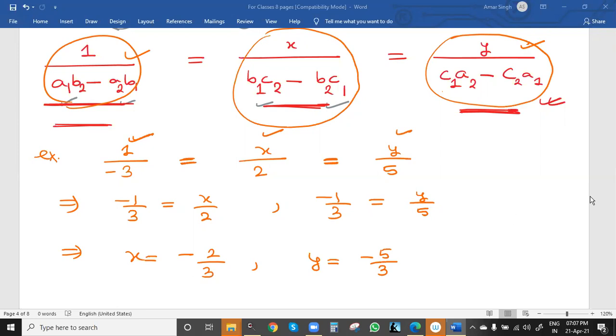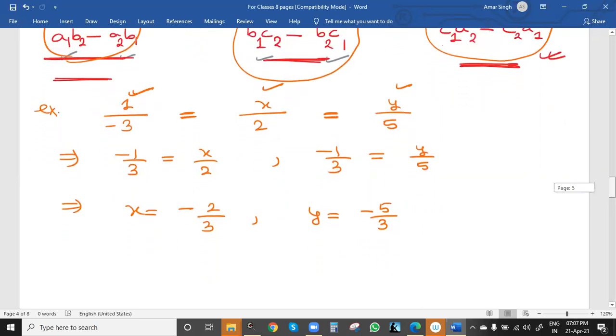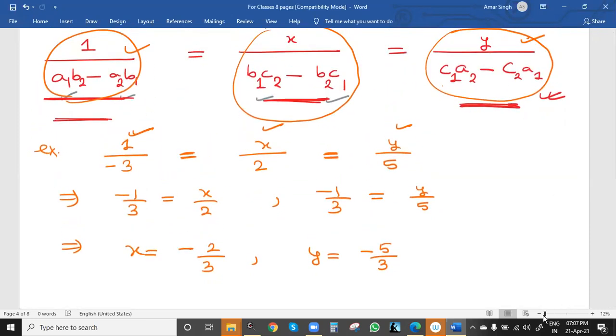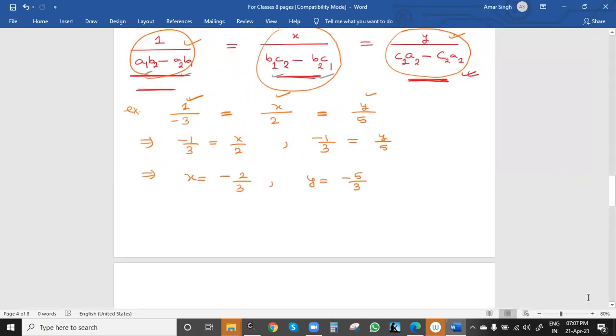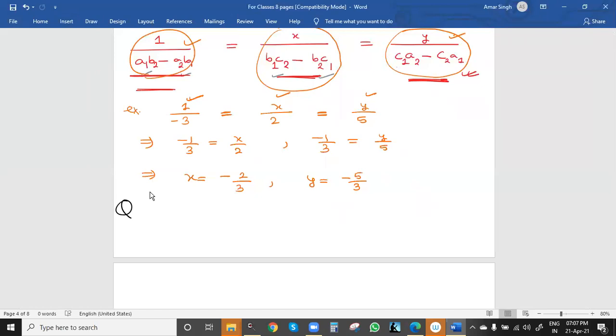So see, 5-7 minutes are remaining. We will see one question based on the cross multiplication method, so that this time we get more familiar with it. Right? So you understood the formula. Let me give you one simple question so that all of you can try, and then we'll see from the next class. From the next class, in one class we'll complete one exercise, so exercise by exercise. Here we have seen a review of the entire syllabus, or the methods.